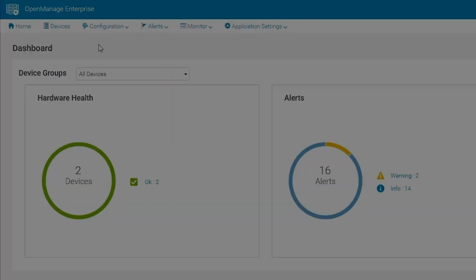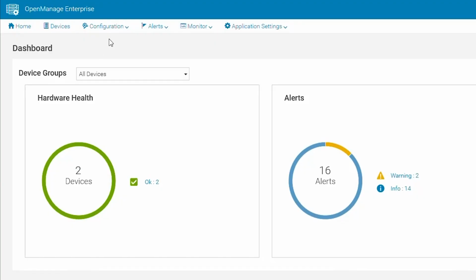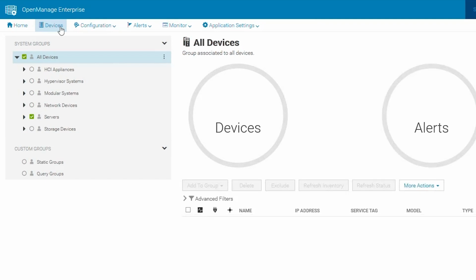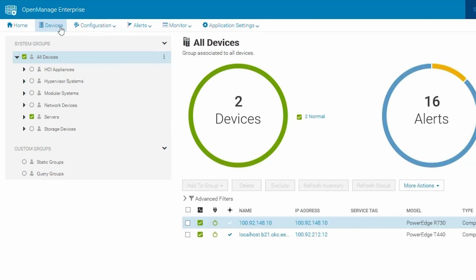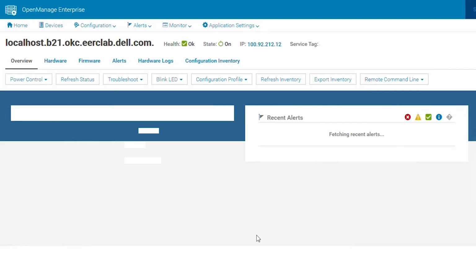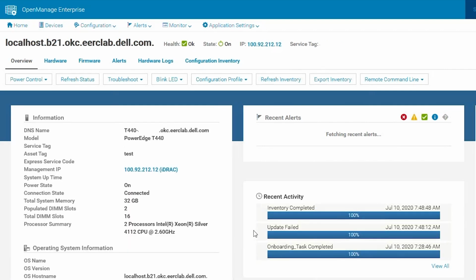Now we'll take a look at the alternate option of pushing a single DUP file. Choose Devices. Now choose the server we're going to update. We'll need to go to the firmware section.